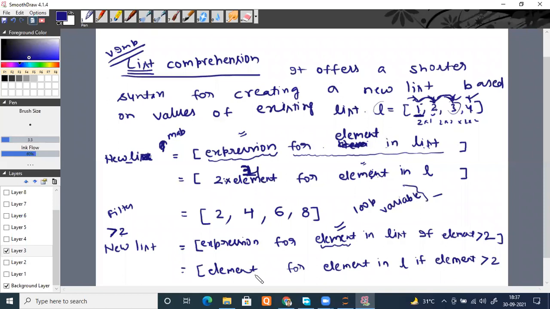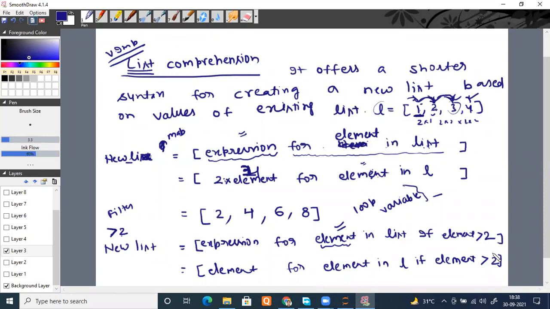But the problem would have been different. Suppose I would have said, and close this list, right? If what I've said is square the element of the list. Create a new list which has the squares of the elements, but only if the list element is greater than 2. Are you getting my point? So I'm changing the condition now.